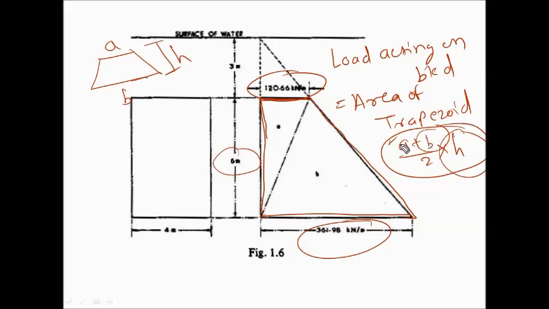But this is one way. The second thing is, if you know the general formula for the center of pressure of the trapezoid, you can use that formula and easily calculate the location of the center of pressure by putting in the values. The centroid of the trapezoid will be the location of the center of pressure. But it is very difficult to remember that formula for exam purposes, so I will suggest some other method. What is that method?